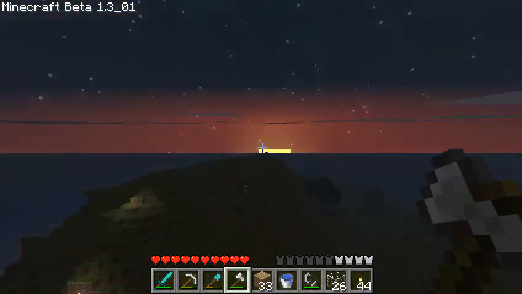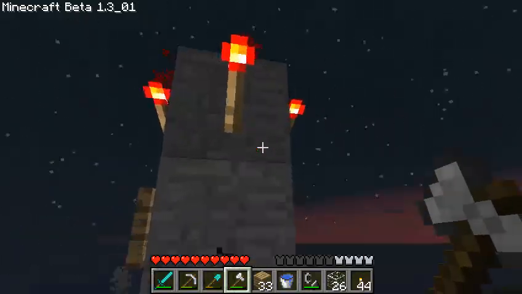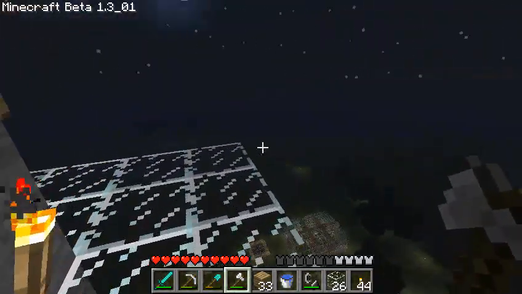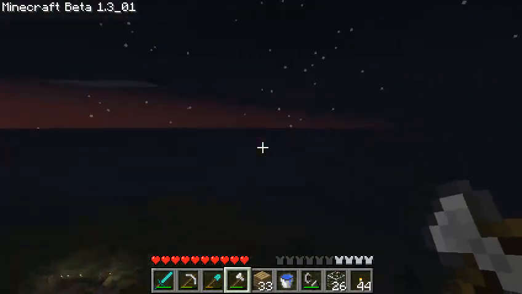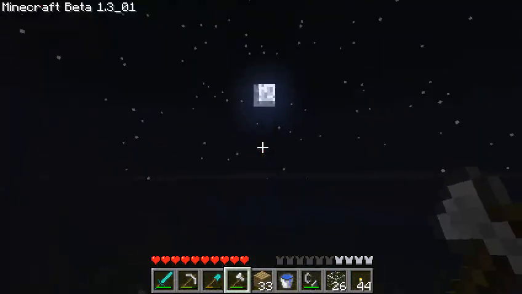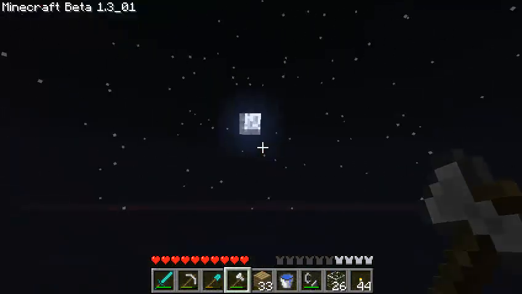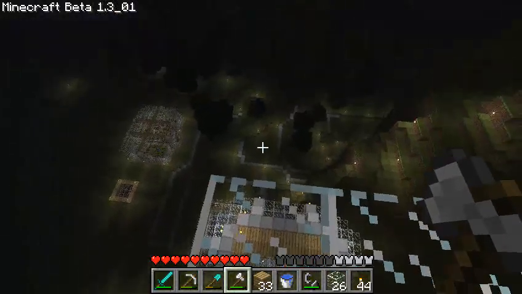There goes the sun. No, the block burned again. Huh. Oh well. So as you can see, this is a very pretty spot in the game where you can come and sort of look at the stars, and meditate, or jump to your death, whatever